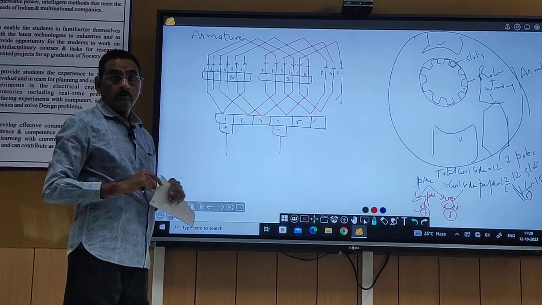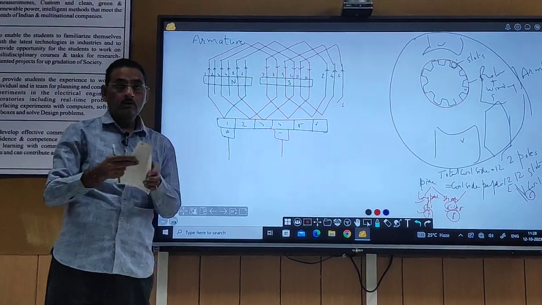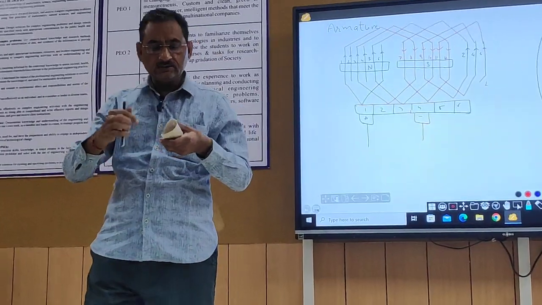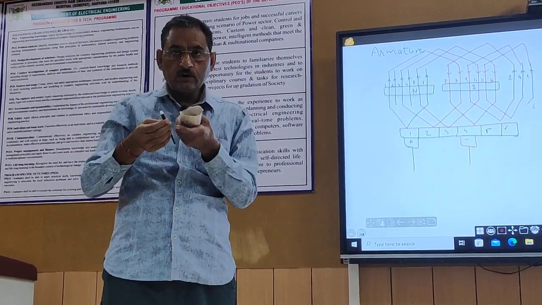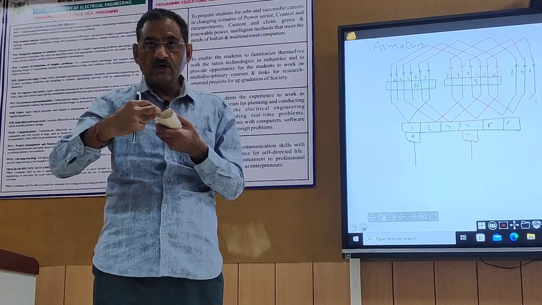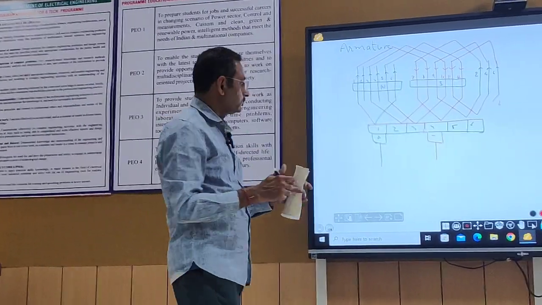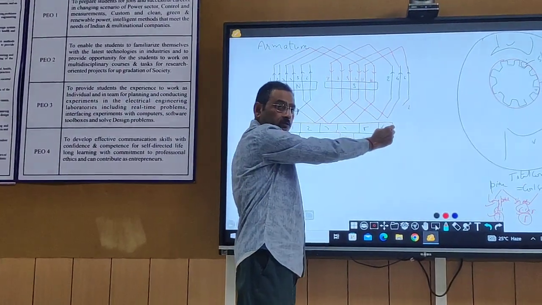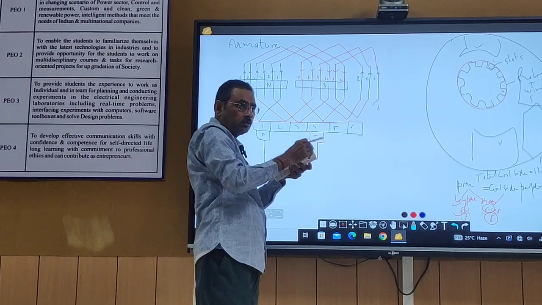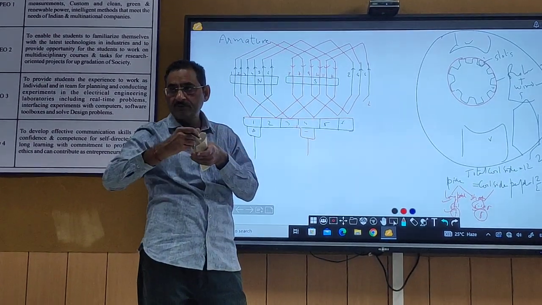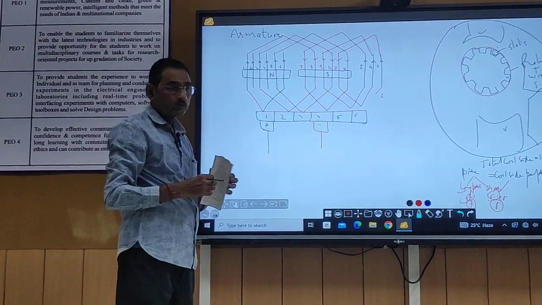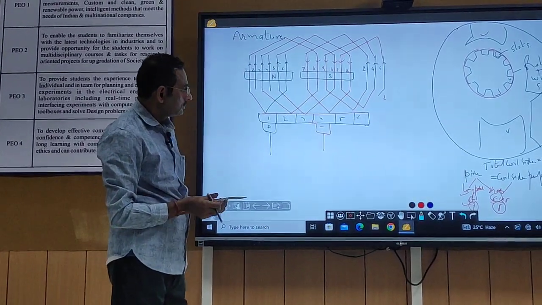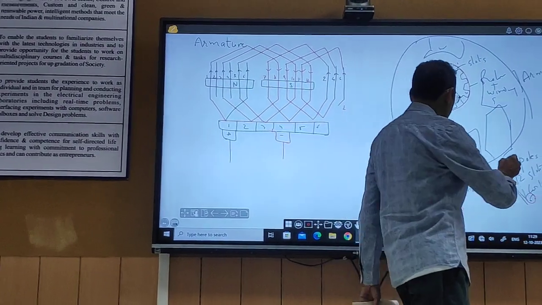This is C one, this is the armature like this, with slots 1 2 3 4 5 6 up to 12. They are rotating, and the commutator segments 1 2 3 4 5 6, and after 6 comes 1 again. It is connected from here. Okay, so this is a two pole